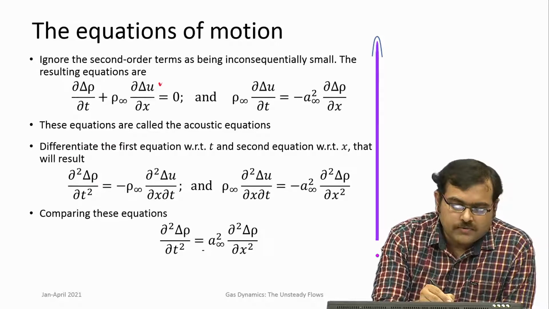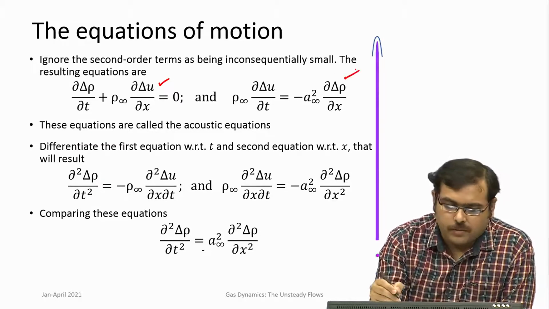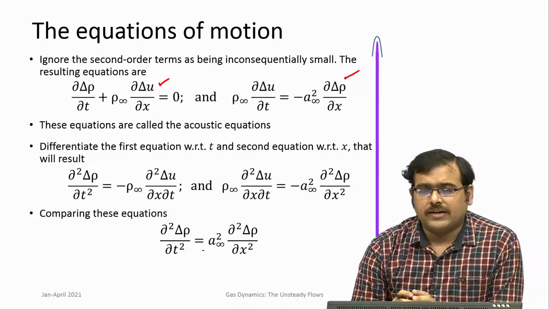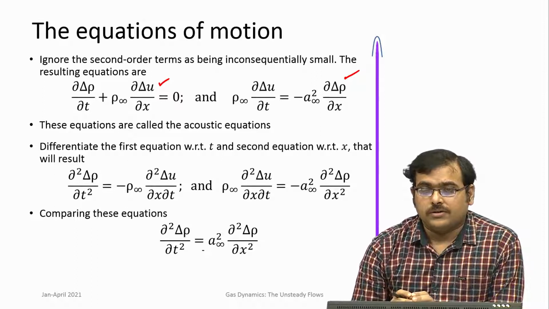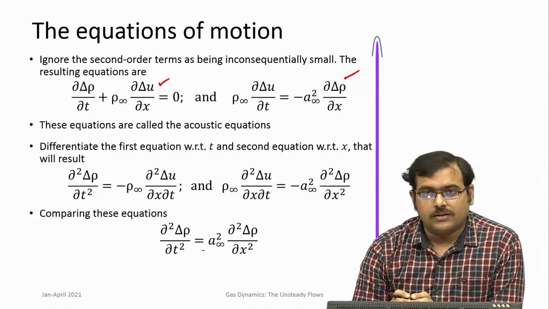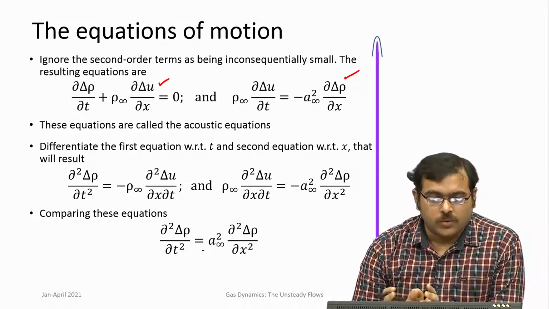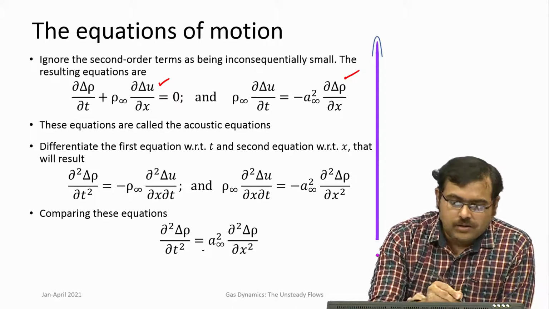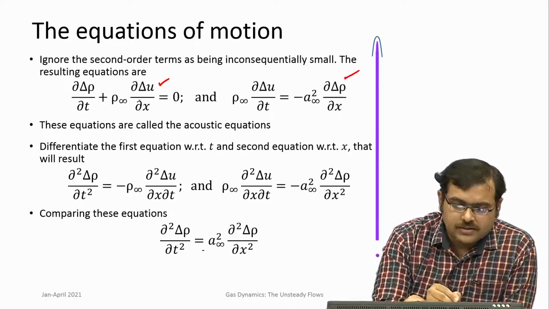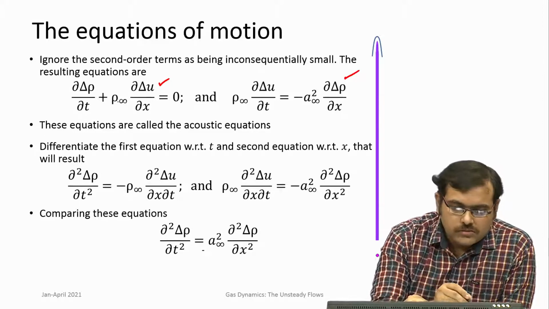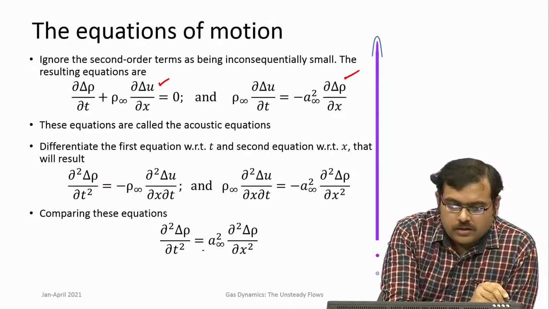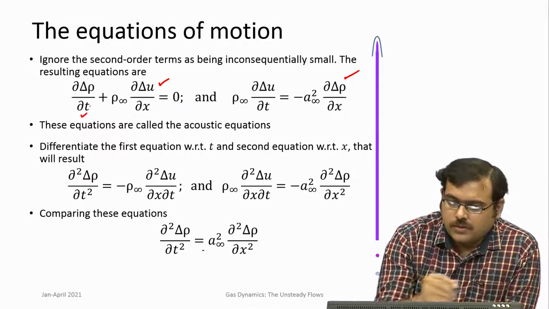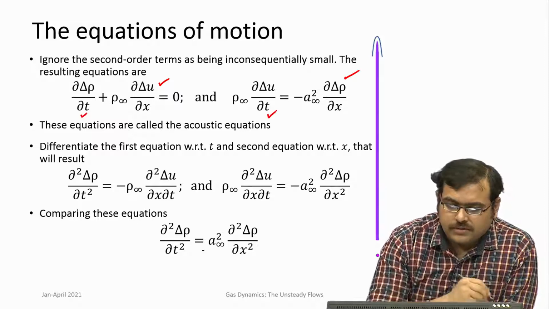So, you have two equations. The first one comes from continuity and the second one comes from momentum, and these equations are now the equations for evolution of an extremely small perturbation in a quiescent medium, and that is typical of a sound wave. And can we get the equation of a sound wave from here? You can do that. If you take a partial derivative with respect to time for this equation and a partial derivative with respect to x for the other equation,